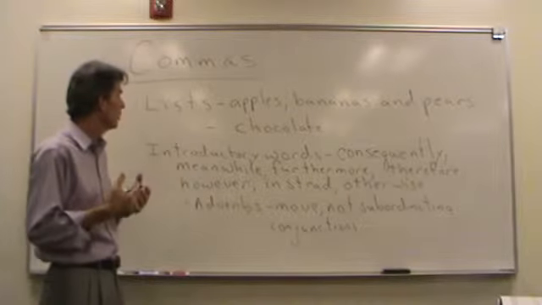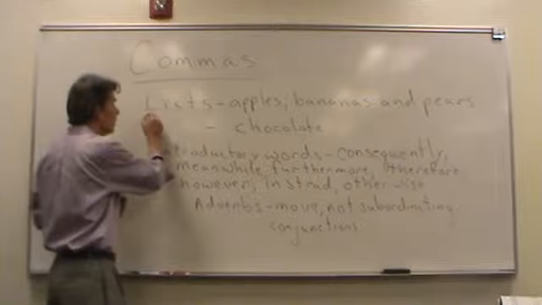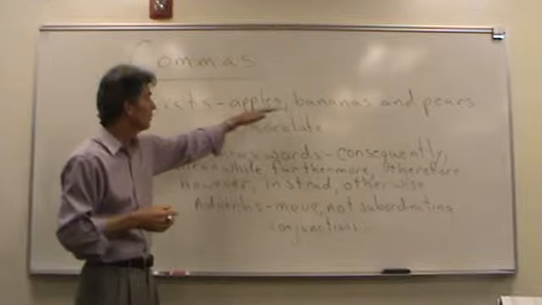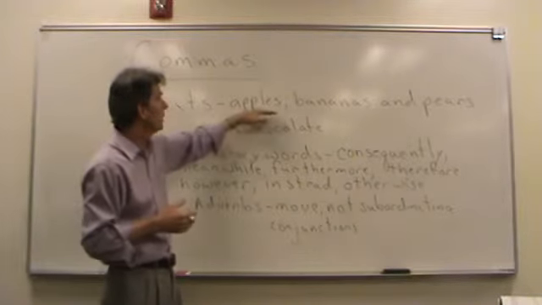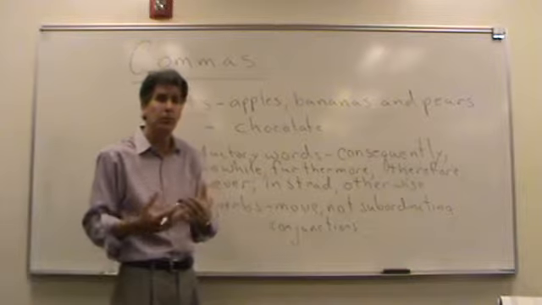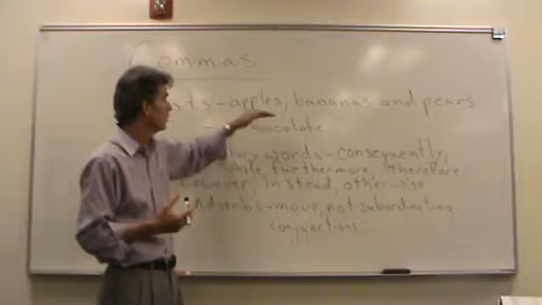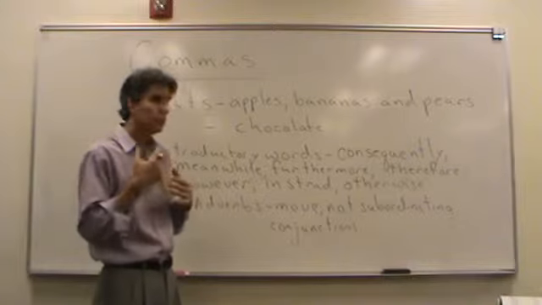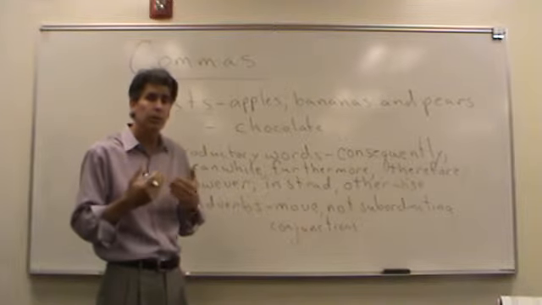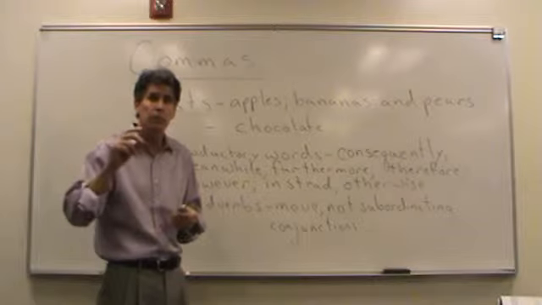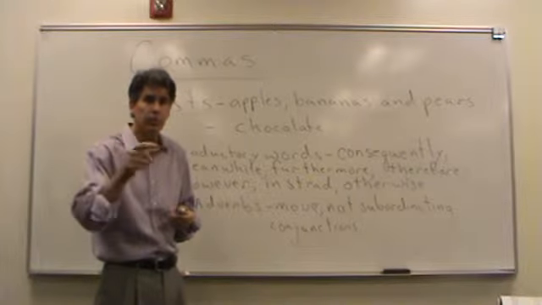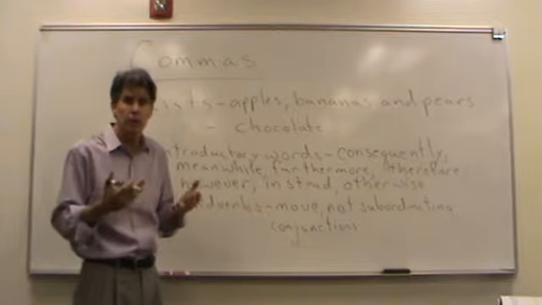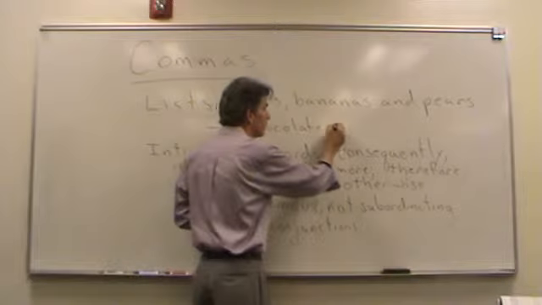The first one to be aware of is the list. We use them in lists, such as the one we learned before, for parallels: apples, bananas, and pears. We put one in between apples and bananas because we use them in lists to separate the items. We separate items from each other, apples and bananas. Why we do this is actually very important, because what your mind does when it sees two words that are usually nouns next to each other, it will make one into an adjective for the next noun. If, for example, you look at the word chocolate, which we think of as a noun, chocolate's a noun. But if I put the noun next to it of milk,